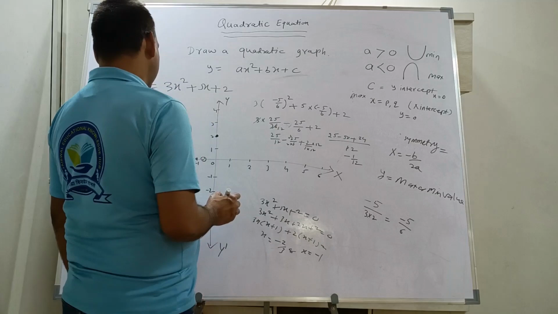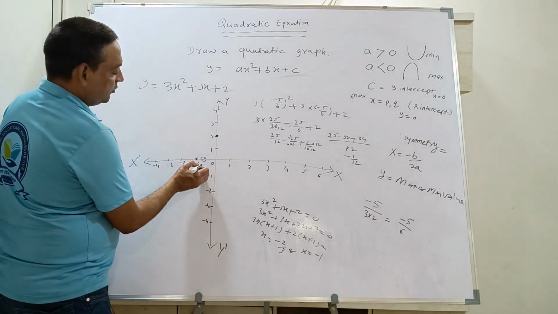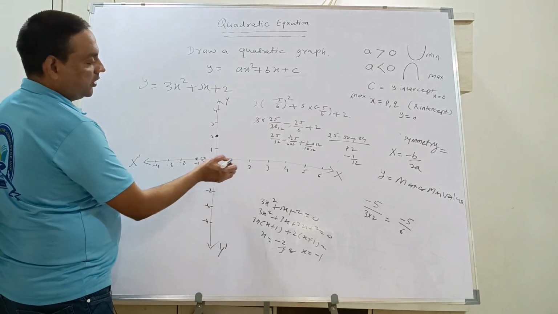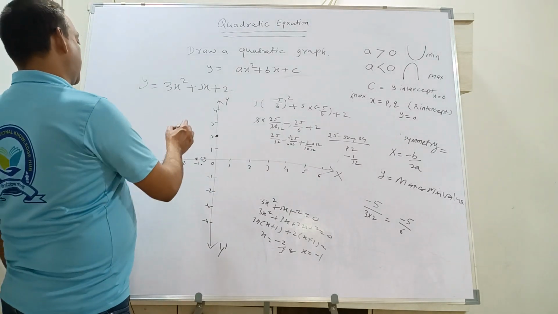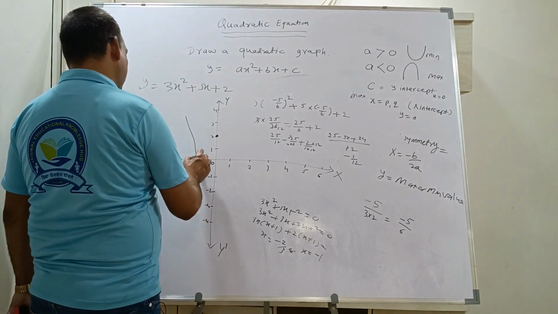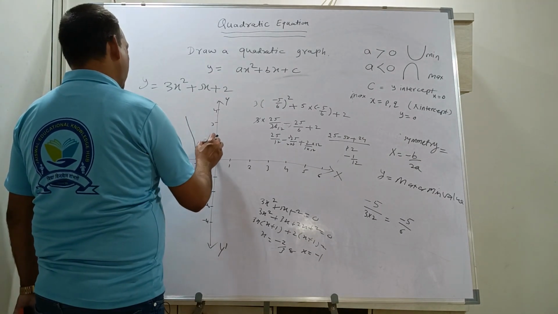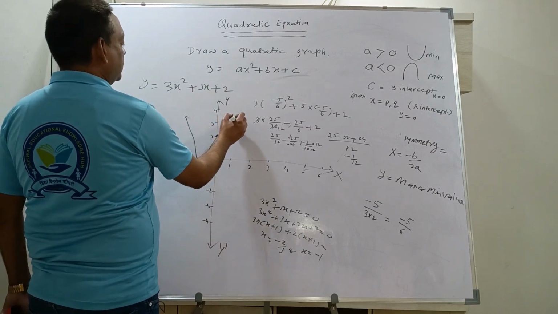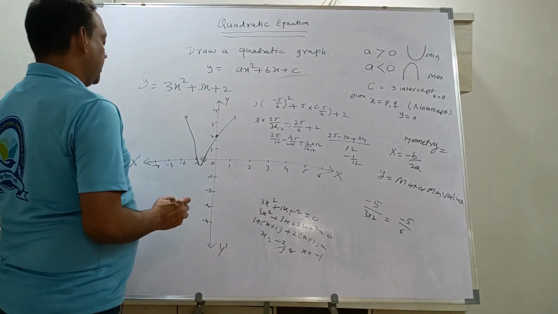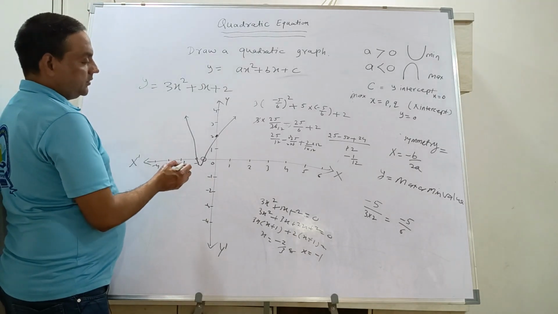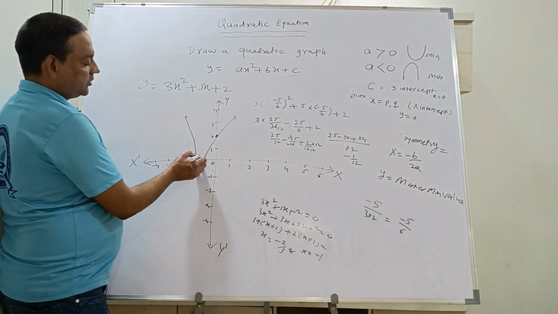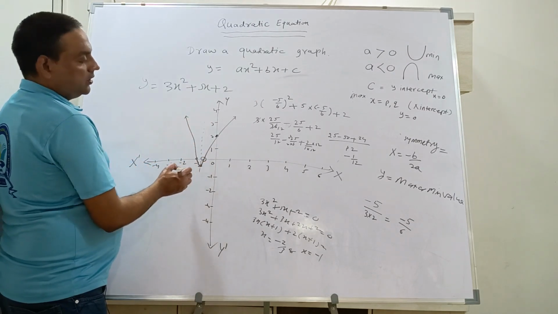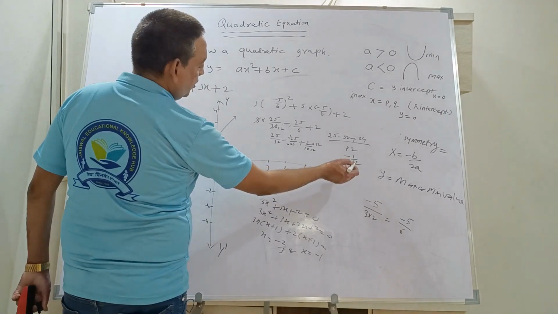So minus 1 upon 12 is a very small number, so that will be somewhere here, because it is very close to 0. So that means the graph will be like this. It intersects here and it will be going like this. Okay, we will do this properly on graph paper. But the important thing we need here is minus 5 upon 6, that will be here. This is your axis of symmetry. This is your minimum value, which is minus 1 upon 12.